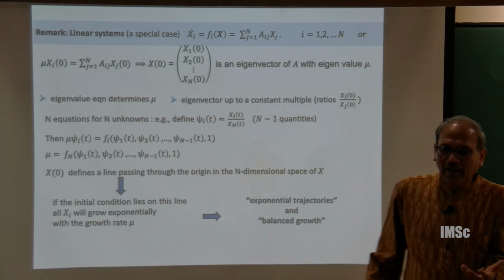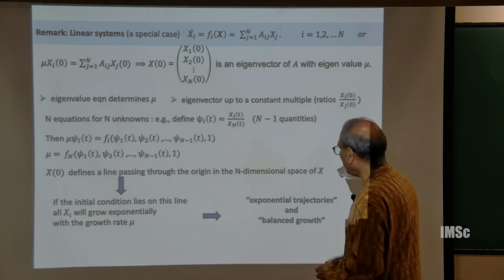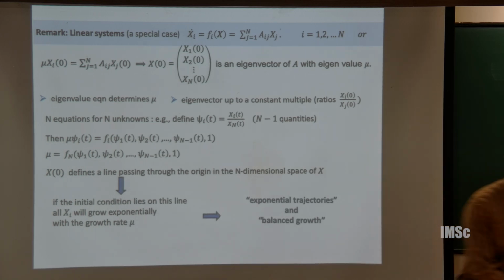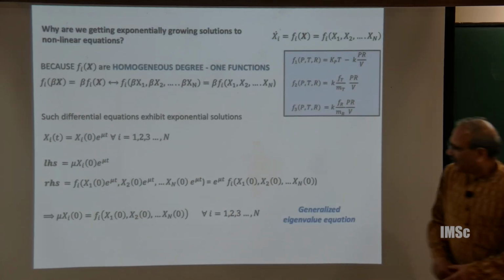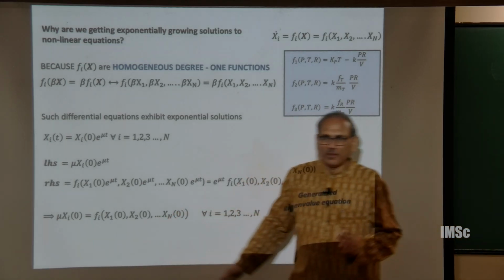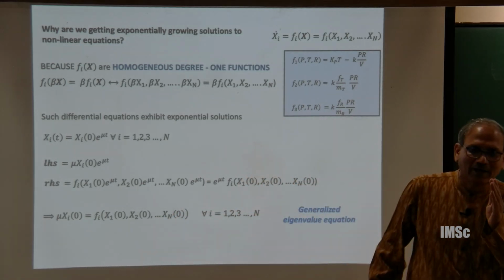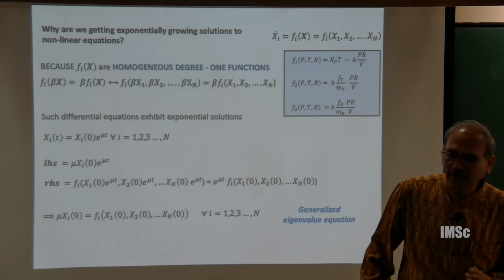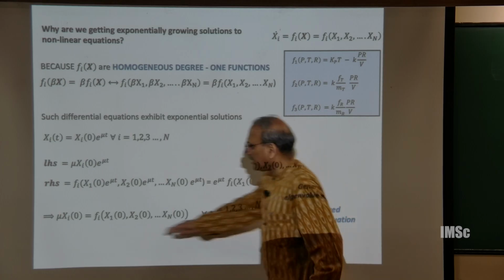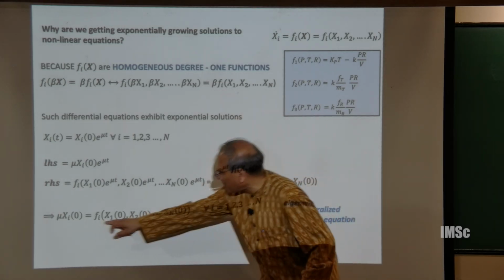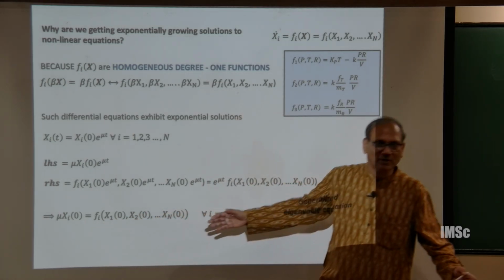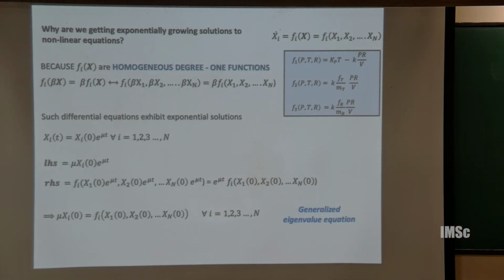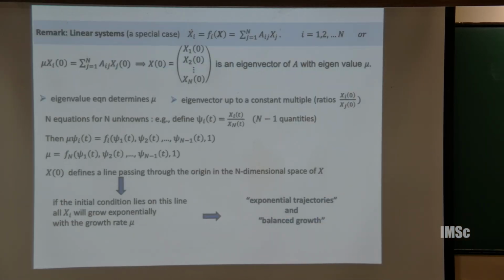Okay, and so what we have done is that we have found a nonlinear generalization of the eigenvalue equation of a matrix. Okay. And that is what describes our solutions, because these functions fi are in general nonlinear for us. Okay, so we have found that generalization, and